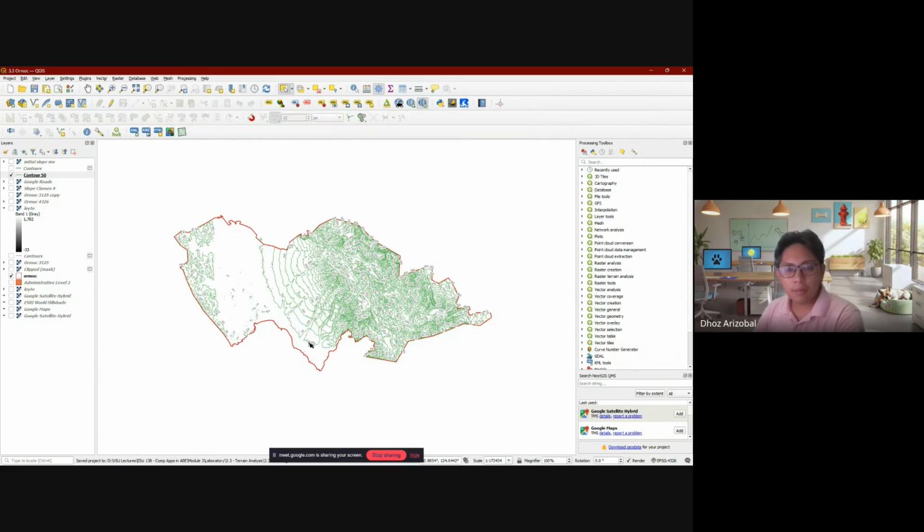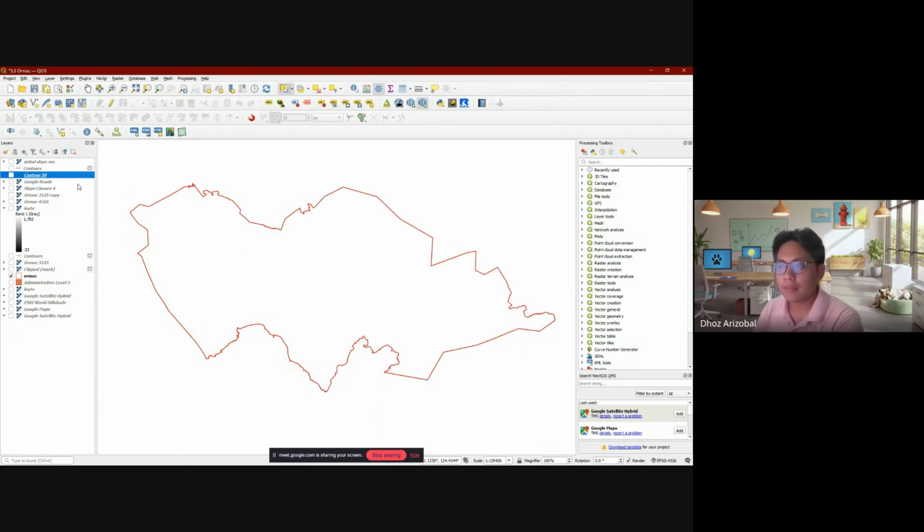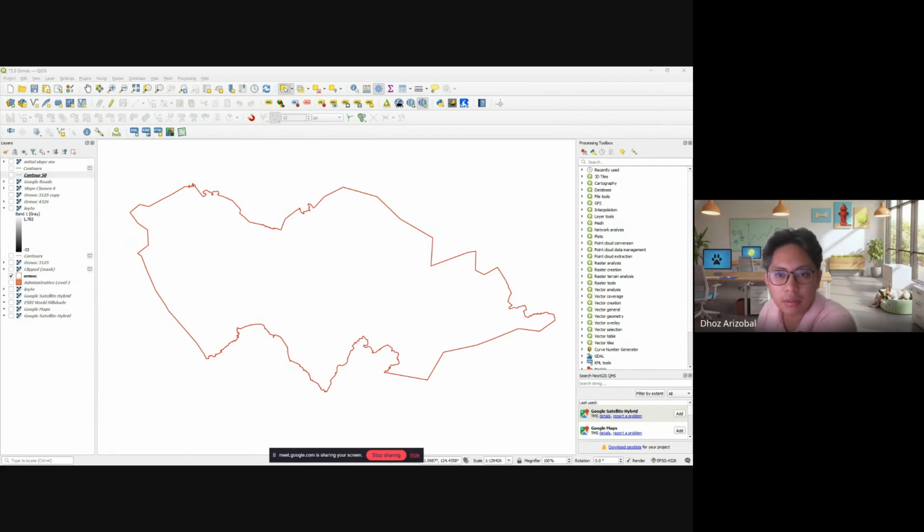Okay, so now, let's go back to our phase 3. So, tapos na to. Tapos na yung contour map. That's done. But don't remove them yet. Just uncheck or unhide. Because your phase 3 is on slope analysis. So, based on the revised forestry code of the country, no public land above 18% slope should be planted.